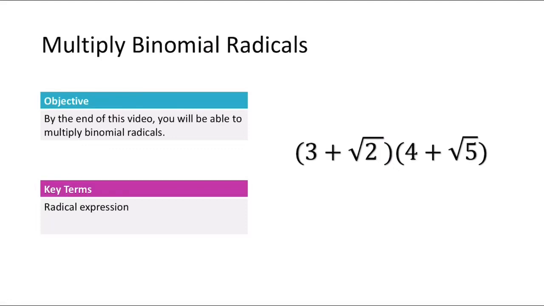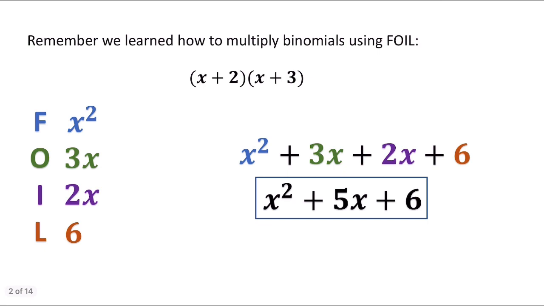In this video, we're going to talk about how to multiply binomial radicals. So remember, we learned how to multiply binomials using FOIL. FOIL tells us we multiply the first term of each, and that's how we got x squared. Multiply the outside, so x times 3 gave us 3x. Multiply the inside, 2 times x, which is 2x, and then multiply the last term, 2 times 3, which is